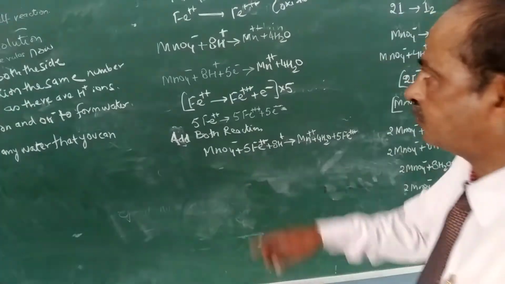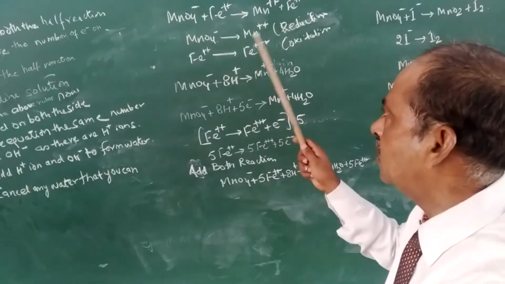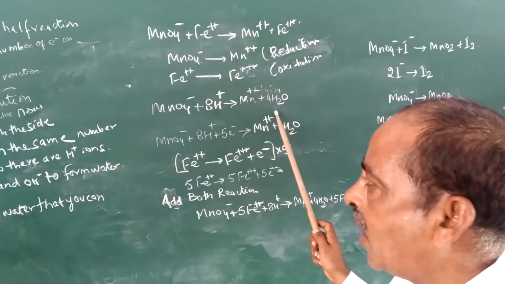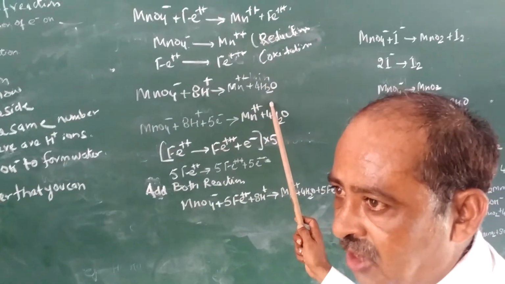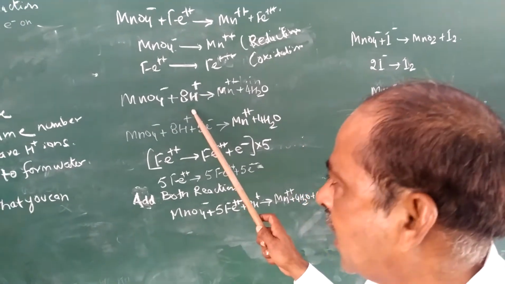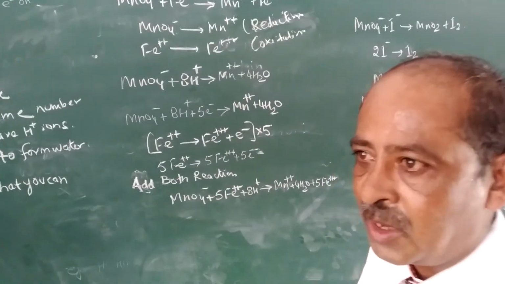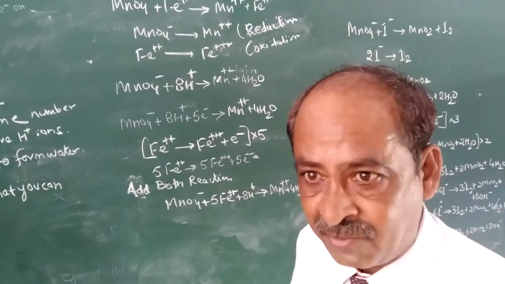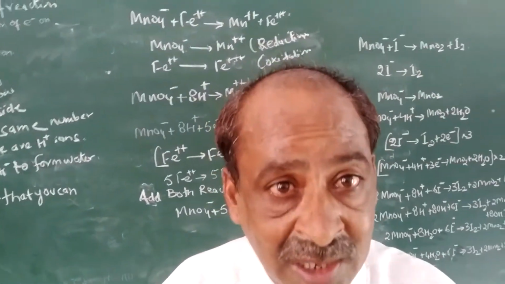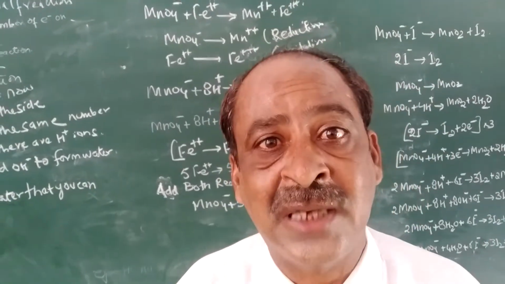Again I repeat, here there are 4 oxygen, here we don't have any oxygen. That means right hand side is deficient of 4 oxygen. So we add 4 water molecules. When we add 4 water molecules, then double the amount of H plus ion on the opposite side. Now we have to determine the charge. So always remember, same charges on opposite side will cancel each other, and opposite charges on the same side will cancel each other.